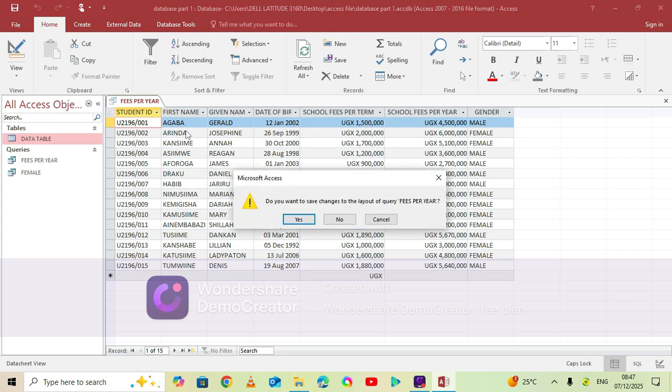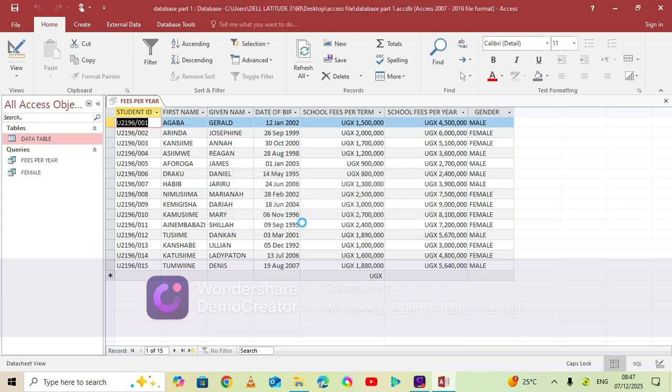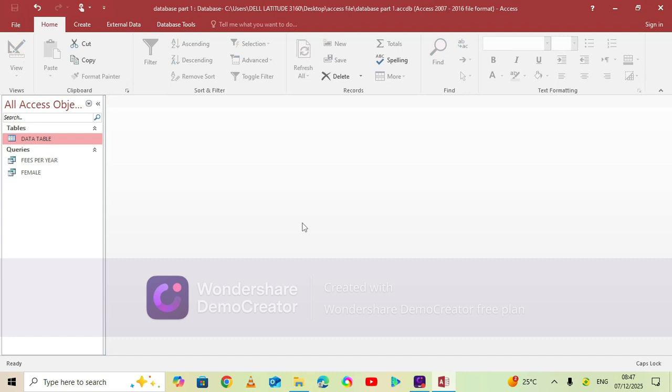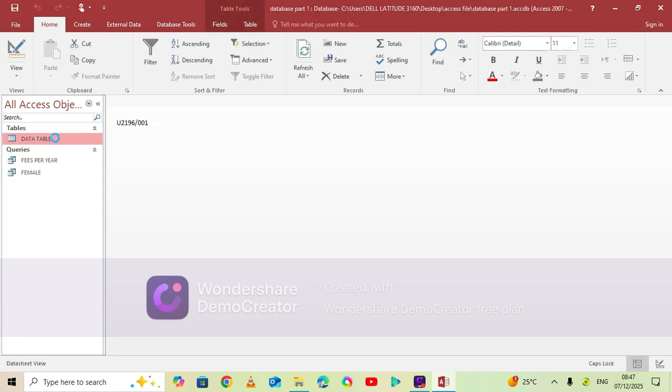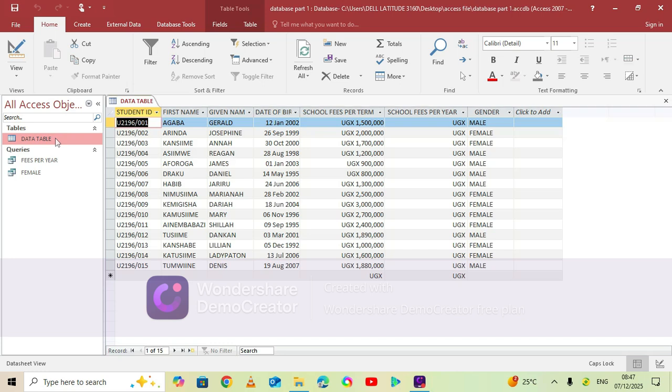Okay, then as we are closing, we always remember to save changes. Ctrl S, you remember to save changes. Okay, so on our data table, if you can see, it is having date of birth, meaning you may be asked to generate age for these people using the date of birth. Okay, so let's close